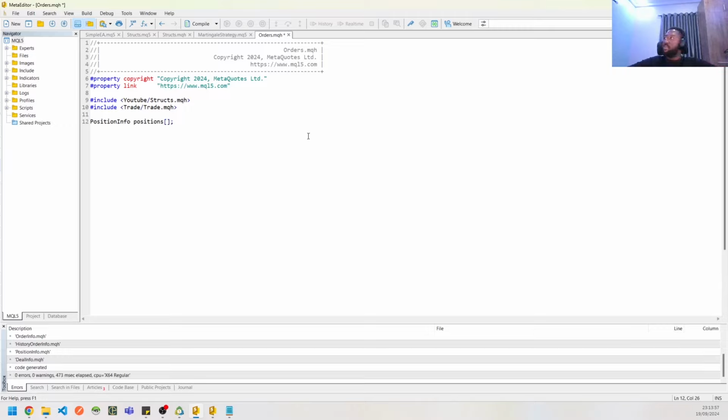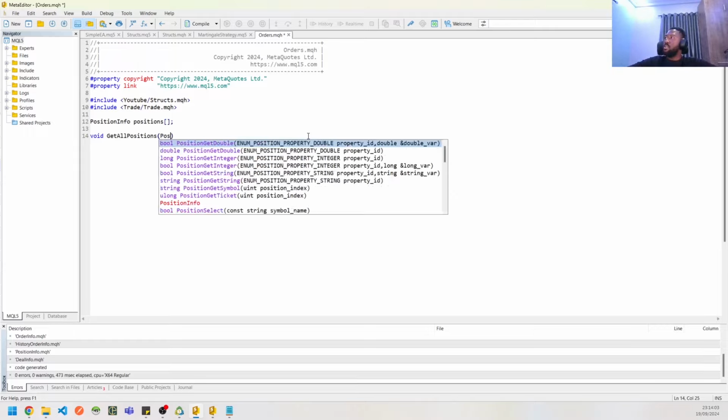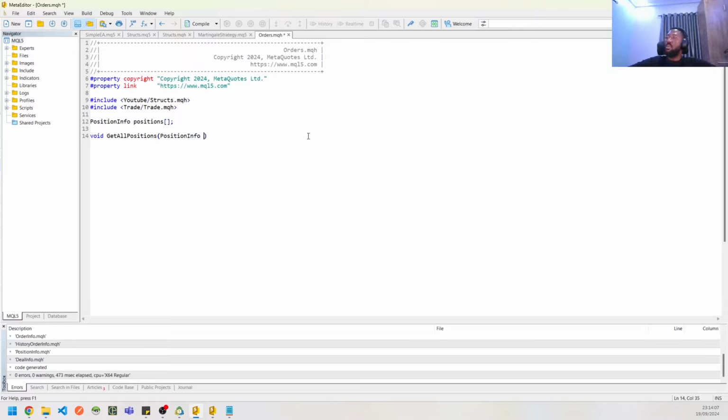All right, so next thing we need to do is to create a function called GetAllPositions. This takes in a PositionInfo type array, and this is going to reference the variable we just created, which is the positions array. So good. So now what we need to do is get the total amount of